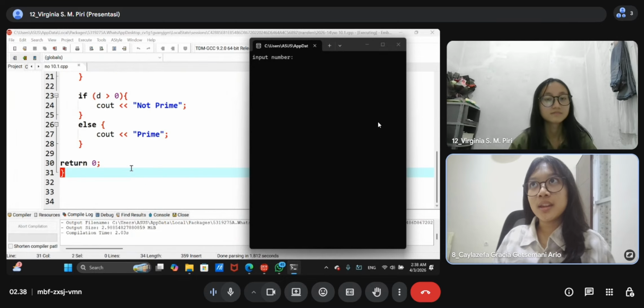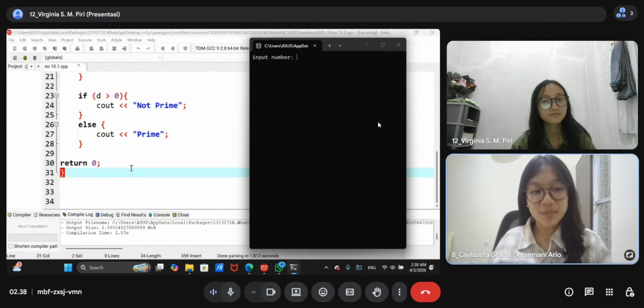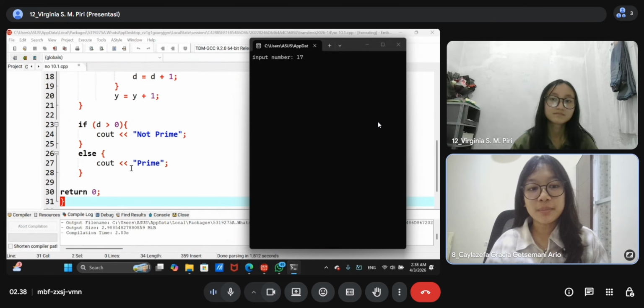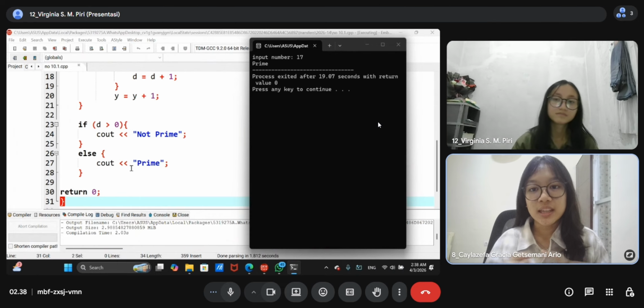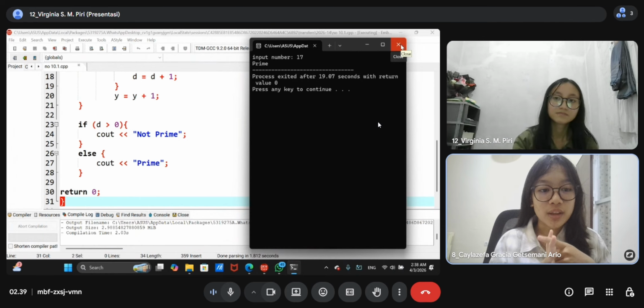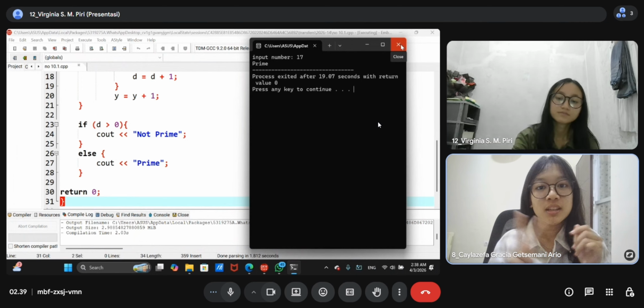So we input a small number first. If we input the number 70, the output will be prime because 70 is a prime number. A prime number is a number that can be divided by two factors: the first factor is the number 1 and the second is the number itself, the 70.